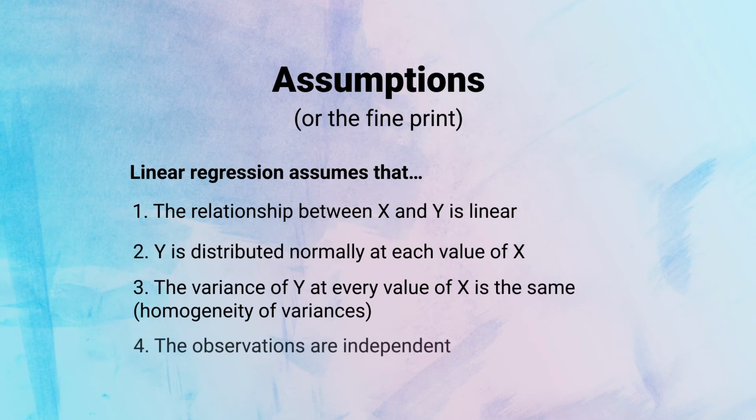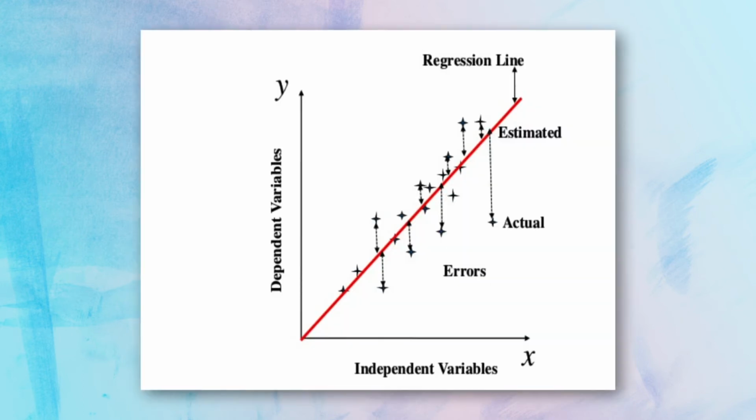The observations are independent. Now you see that on one axis we have the independent variable and on the other axis the dependent variable, and this is called the regression line. This red line starting from this point 0 is considered to be the regression line, and all these are the variables, and the line could be best intersecting the different dots. So you will find this is the estimate and this is the actual, and errors are also there.